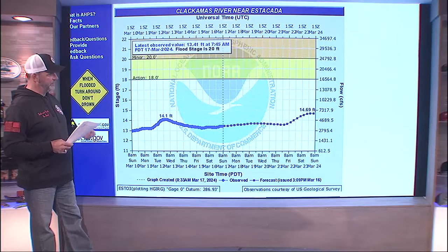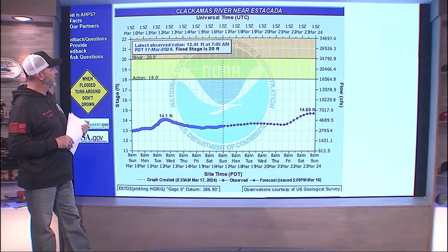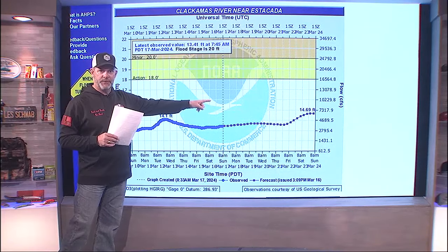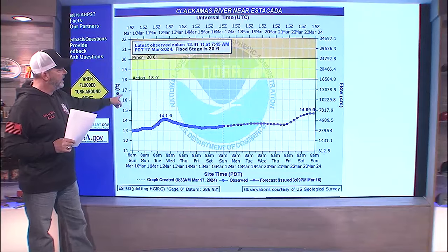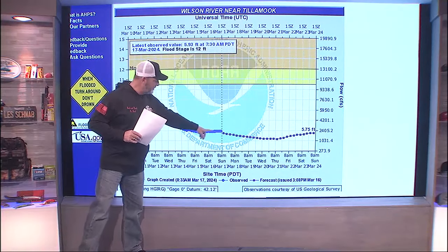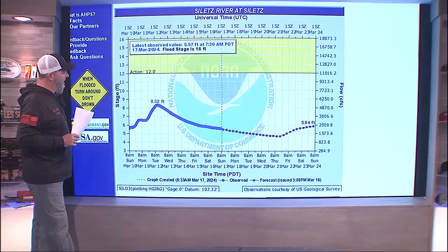Got a couple of reports yesterday. I'm not going to give them up too much. Clackamas, my home river, 13.4. All the tribs are looking really, really good right now until towards the end of the week. It goes for the coast as well. You're going to see that here in just a second. Wilson, same thing. Everything is staying a little bit above its forecast for the most part, but as we work further down,